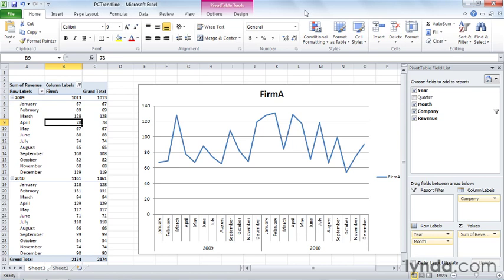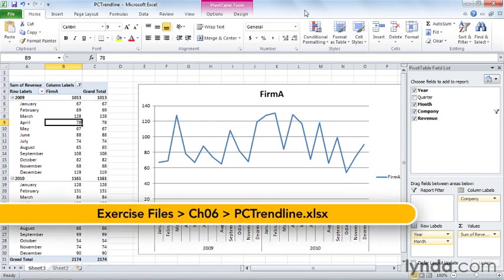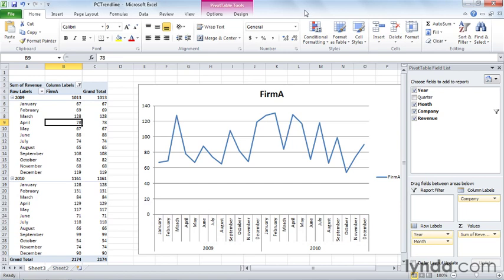When you analyze data using a pivot chart, you must pay close attention to the individual values in your data sets. Even so, it's often beneficial to take a step back and look at the overall trends in your data. You can enhance your analysis by projecting future values, assuming current trends stay constant, by adding a trend line to